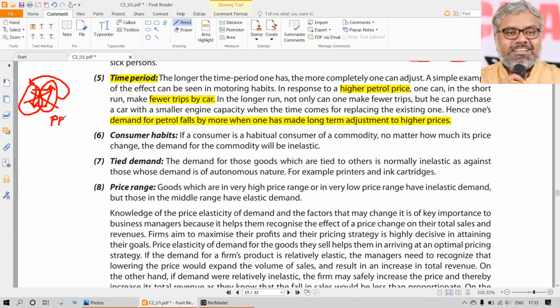Everything in the market, whatever tendencies we are talking about, there will be hundreds of factors. We are not saying that price is the only factor, but in spite of all those hundred factors, the core factor, the hero of this entire market, is who? Market itself means that it is a price-centric thing.